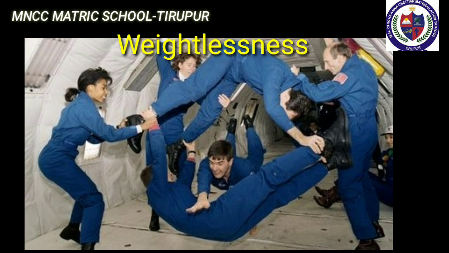Some of us believe that the astronauts in the orbiting space station do not experience the gravitational force of the Earth, so they float. But this is absolutely wrong. Astronauts are floating but falling freely around the Earth due to their huge orbital velocity. Since the space station and astronauts have equal acceleration, they are under free fall condition. That means R is equal to 0, apparent weight is equal to 0. Hence, both the astronauts and the space station are in the state of weightlessness.